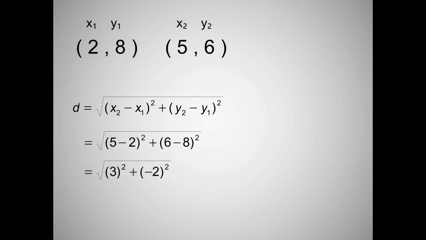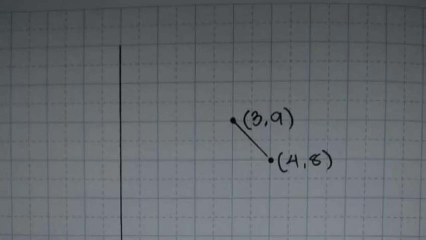Then the answer will be square root of 3 squared plus negative 2 squared. And it will become square root of 9 plus 4. And the sum of 9 plus 4 is 13, so the answer is square root of 13. If it doesn't have a square root,